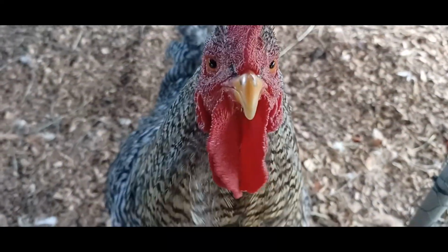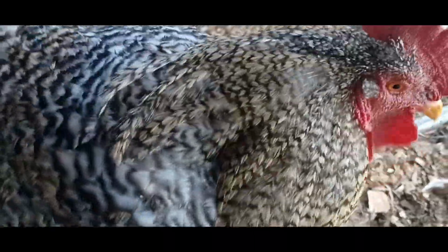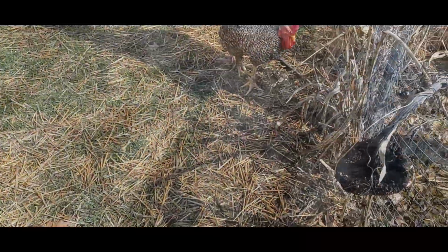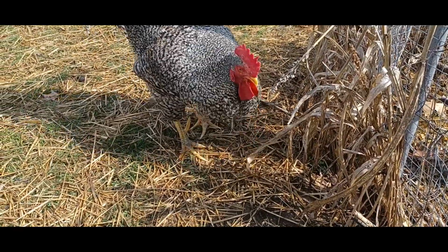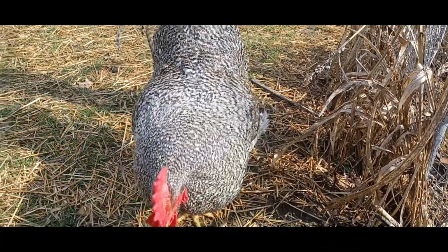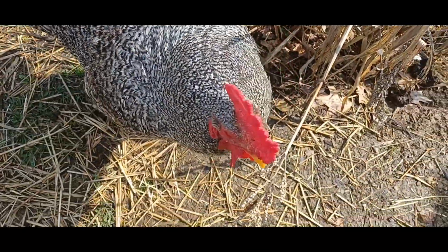So if you have small children, I wouldn't recommend a rooster. If you can't legally own one in your area, again, that's not a practical option for you. But if it is possible, understand that it will take some additional time and training to have them peacefully work within your flock, but they are a great asset and protection to your flock if that's a practical and realistic